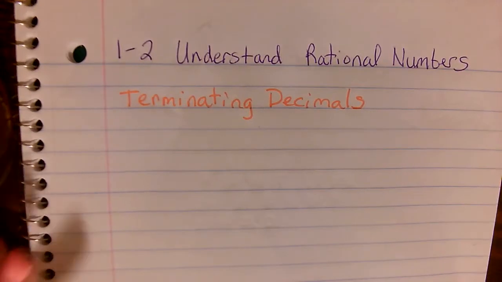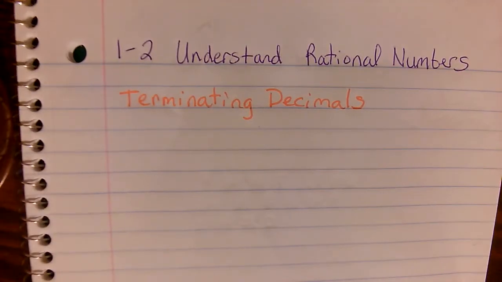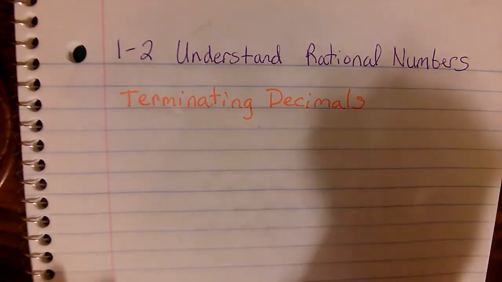So terminating decimals is exactly what it means, that the decimal has an end. And some examples of that would include